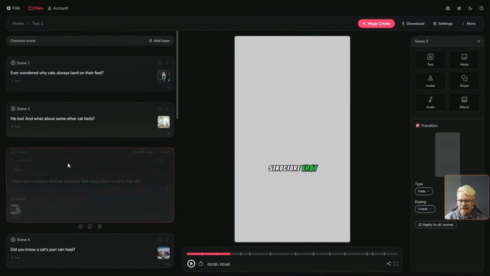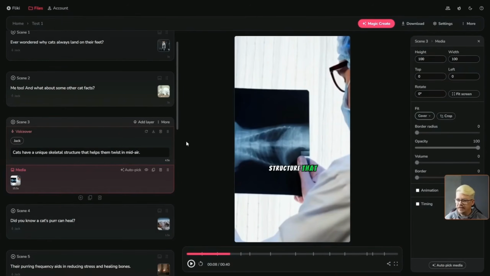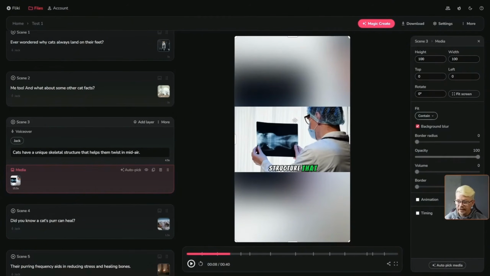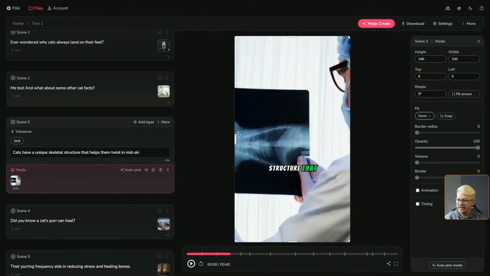Let's take a look at scene 3, come down to the media. I noticed that we have what I'm guessing is an x-ray of a cat, which is perfect when we're talking about the cat skeleton, but I don't like the way it's shifted to the left. It really needs to be to the right. Click on that in the preview, switch it from cover to contain. That'll show me what the entire image is that I'm looking at, and that tells me that this video does contain the entire x-ray. I want more of this part in the scene and not so much the person reading the x-ray. I'm going to switch that back to cover so it makes it nice and big,